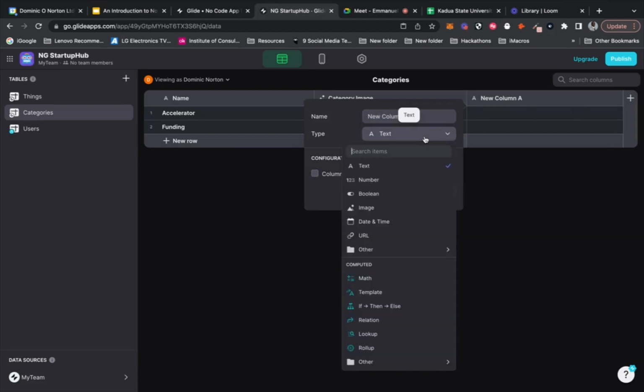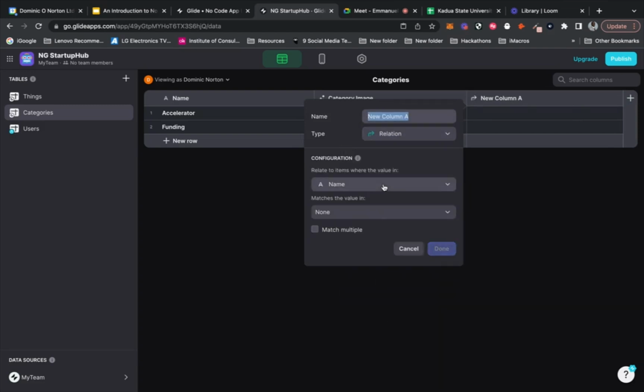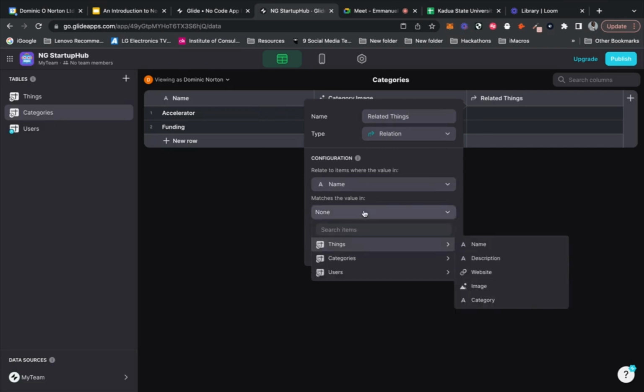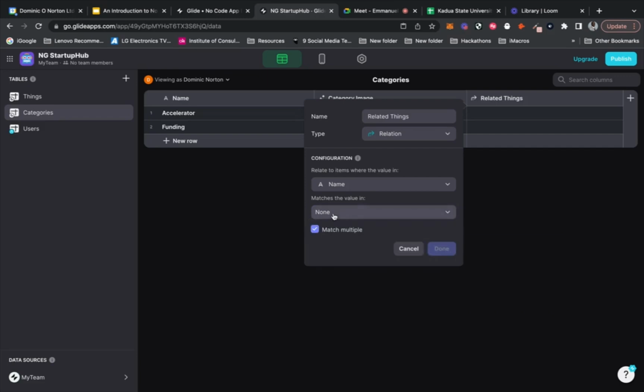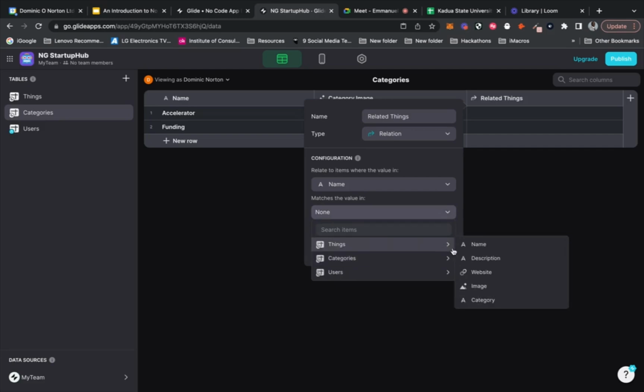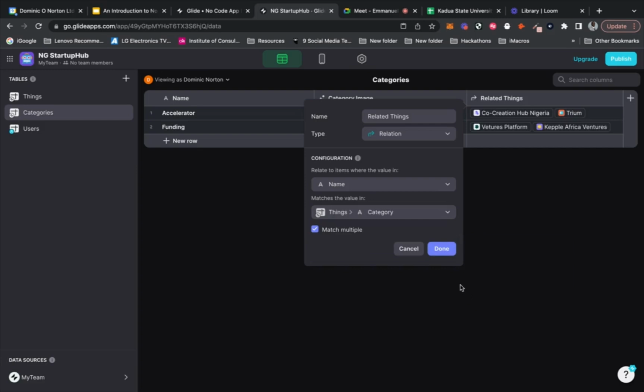So I can make these tables relational, which is an amazing thing to do. I'm going to call this related things. And I'm going to relate the name of the category to the category.